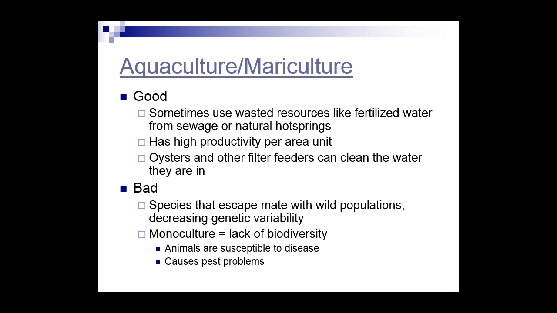So for fish, we do something called aquaculture. All right, this is basically factory farming of fish. Sounds like a great idea because everybody likes fish, everybody wants to have it, and we are overfishing the wild fish, so why not farm them and try and quote-unquote domesticate the fish? Well, the problems are that the fish that are farmed, that are done with aquaculture, are generally less healthy for you. They're higher in the bad fats and lower in the good fats. They are more prone to have disease.